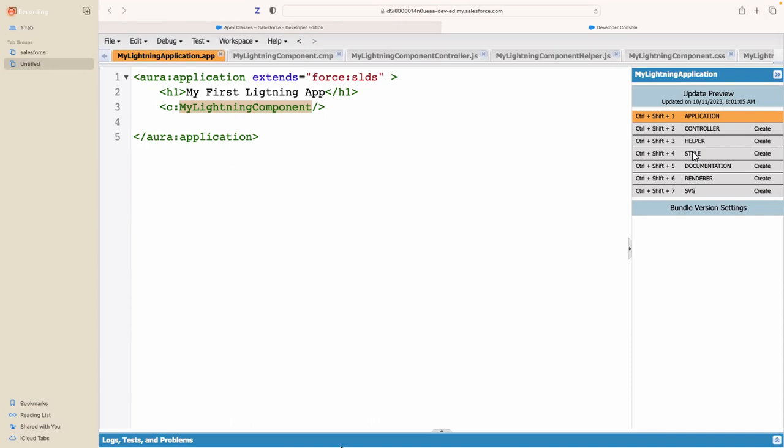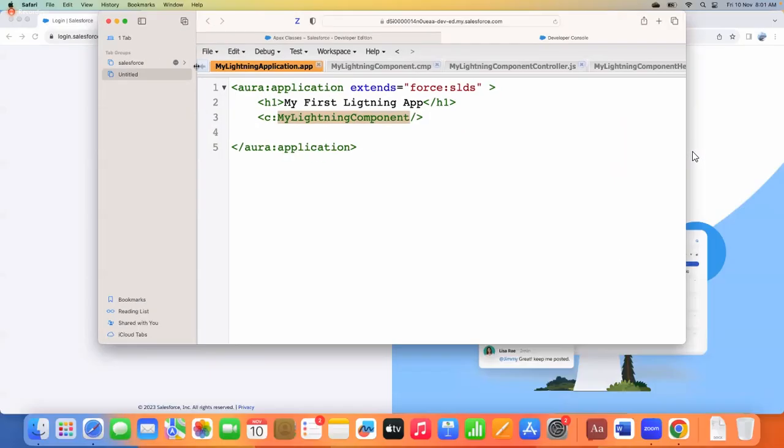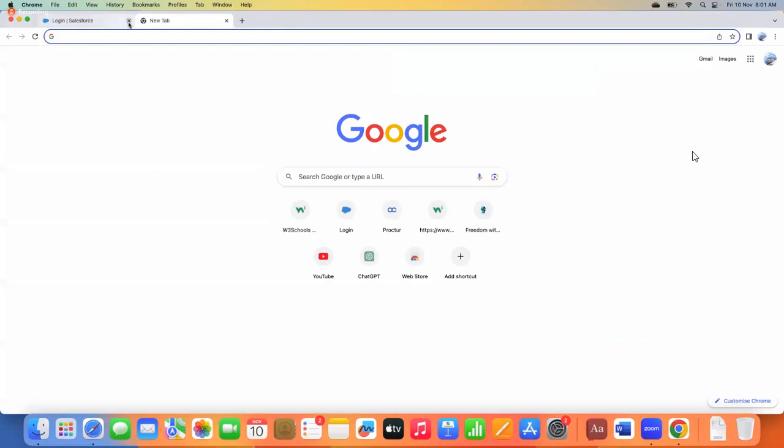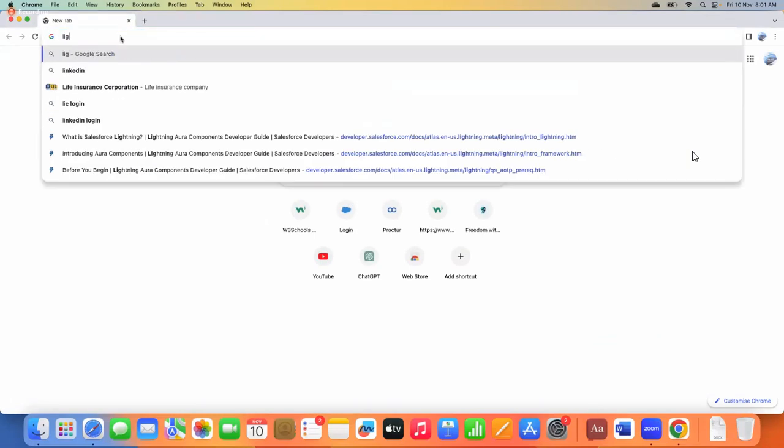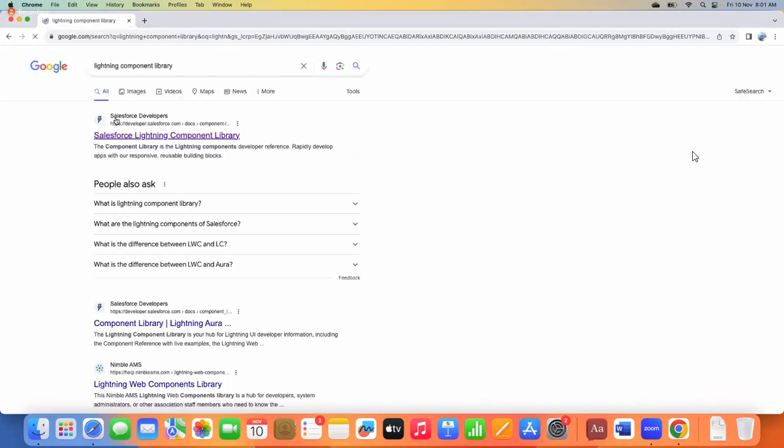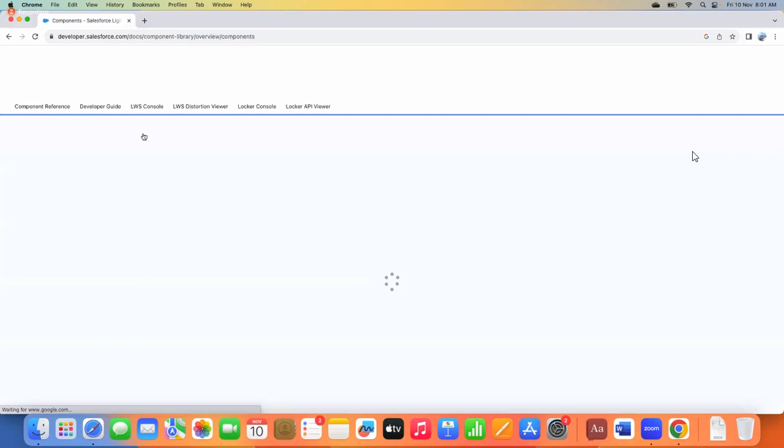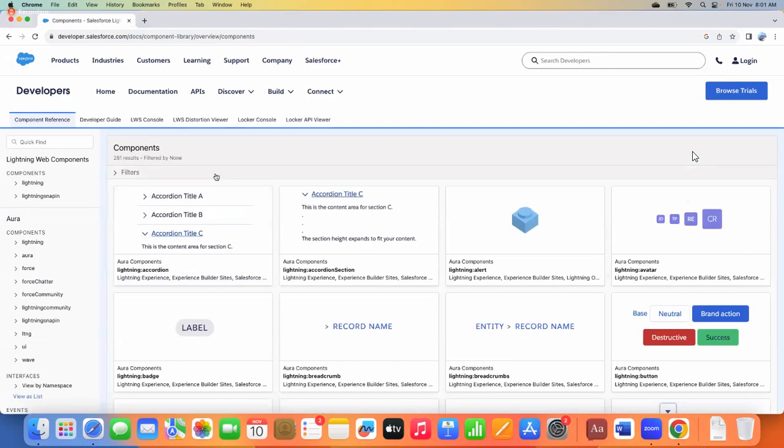Okay, you may ask how can I remember all these things? How can I write? For that only we have a solution. Don't worry, now I will tell you the easy way. Lightning component library. Salesforce Lightning component library. So this contains, see, if you want this kind of buttons, different colors, red color,